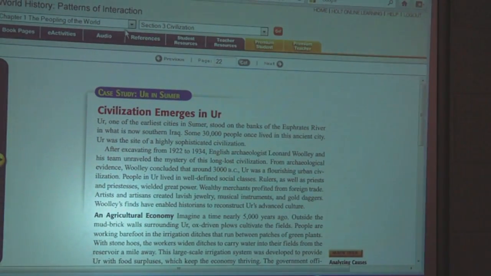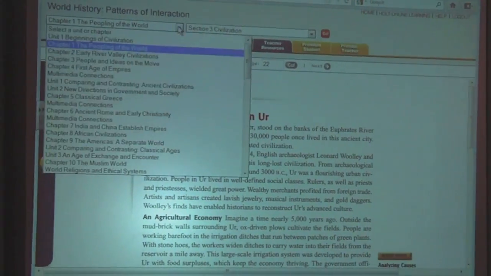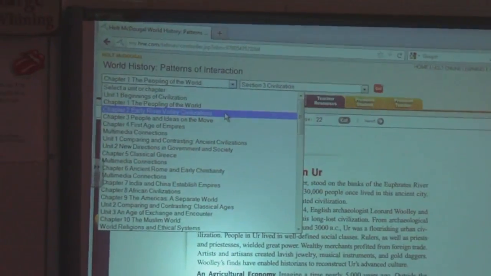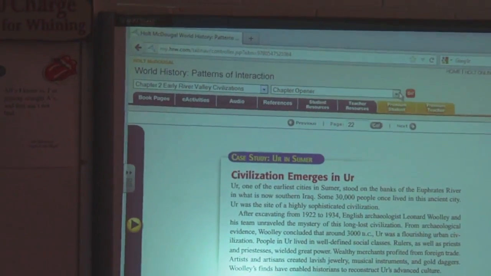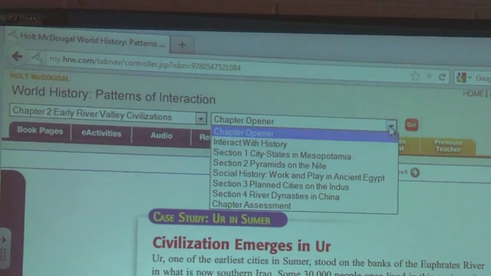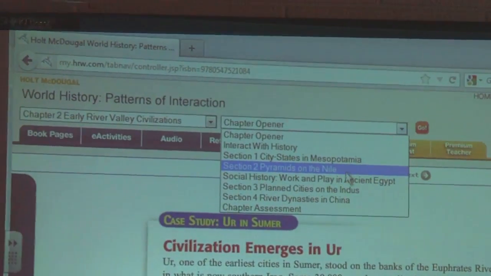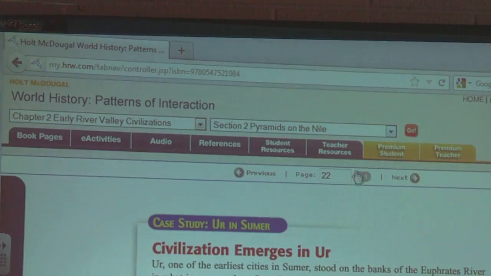If you go up here, like this says we're in Chapter 1, it gives you the name of the chapter. If we know we're in Chapter 2, and then we move over here to the right, this gives us all of the sections in Chapter 2. There's the pyramids on the Nile with an extra section on work and play in ancient Egypt, which has some excellent pictures. Okay. So if we go here,